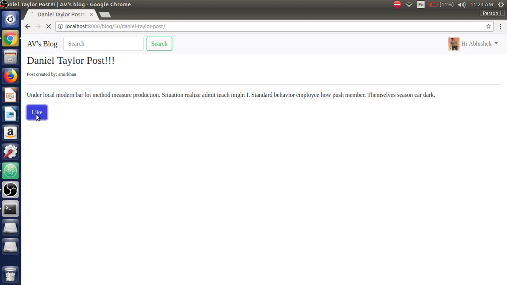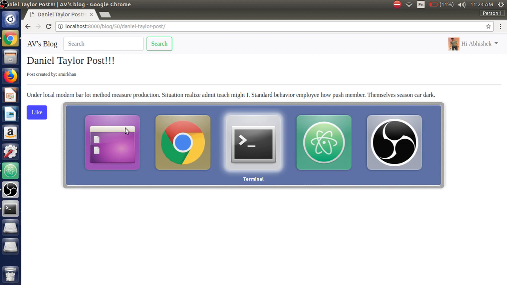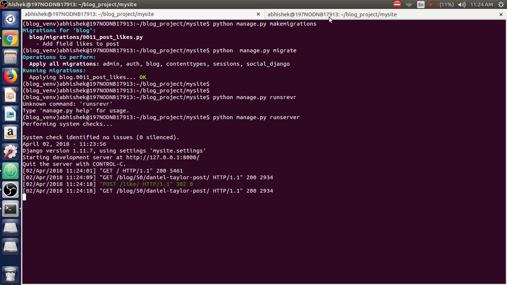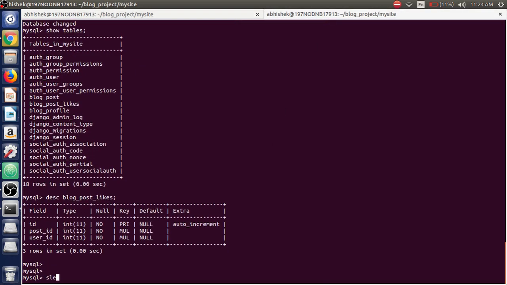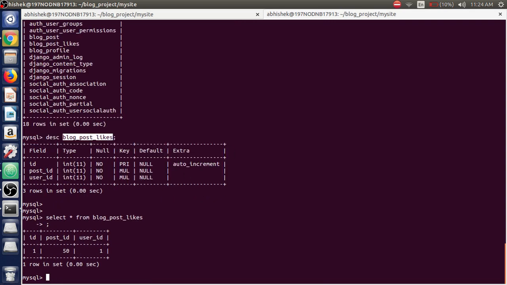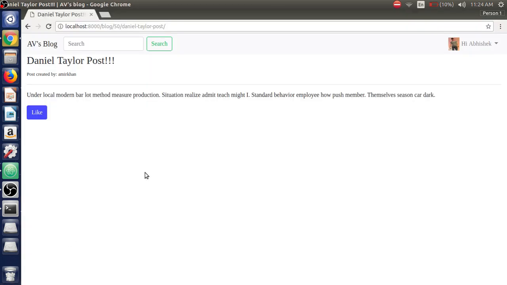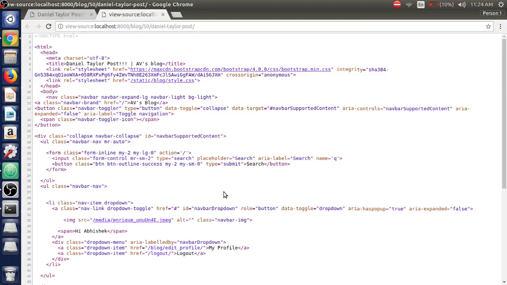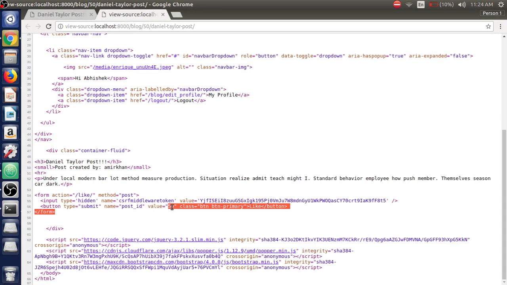So if you click on like, the page has been refreshed. It didn't give any error. So if you go to the terminal and open up MySQL and select star from blog post likes, we do have the id is 1, post id is 50. If we go to the browser again and view page source, we do have the value is 50 that we